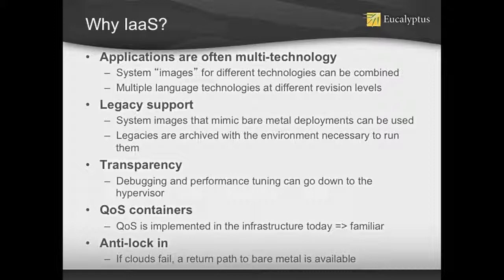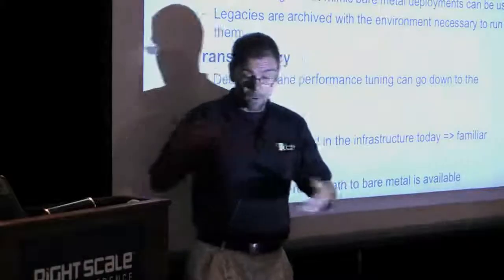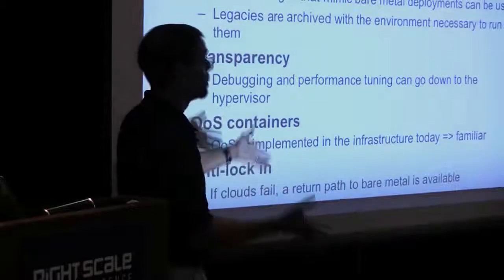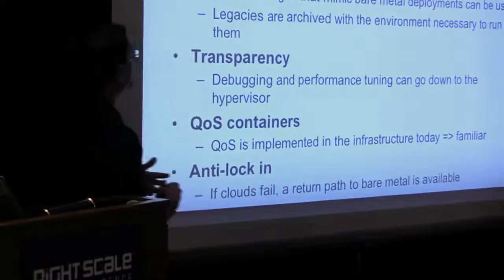The first is an application today is really multiple technologies, right? If you look at a 3-tiered web service, you've got Apache, you've got Tomcat, probably Memcached, MySQL, PHP. You've got several different technologies, and they're all stitched together. They have to be stitched together through their configuration primarily, right, to form this application. And there's no isolation between them without a cloud. When you stand these things up, they don't have firewalls between them. If one eats up all the memory, it takes the memory away from another. 3-tiered architectures without the isolation support of cloud computing can be tricky, right?